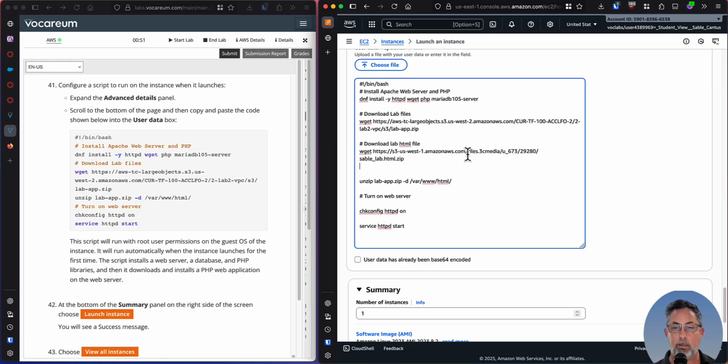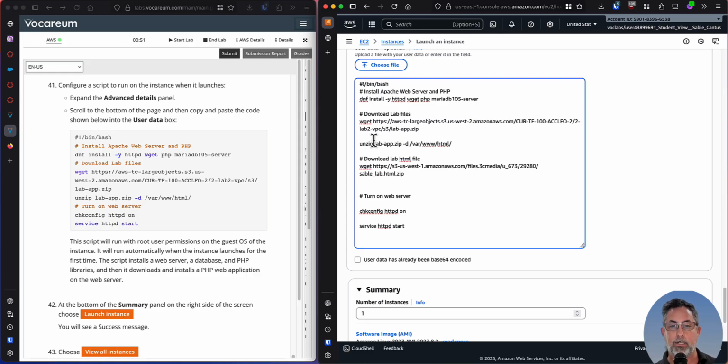I put my file also on Amazon S3, and I have mine as a zip. So in fact, I should move this. So first we're going to download the lab files, wget, and then we're going to unzip that file. And we'll just copy what they have. Unzip lab app.zip -d. And we're going to go ahead and we'll just unzip my file, Sable